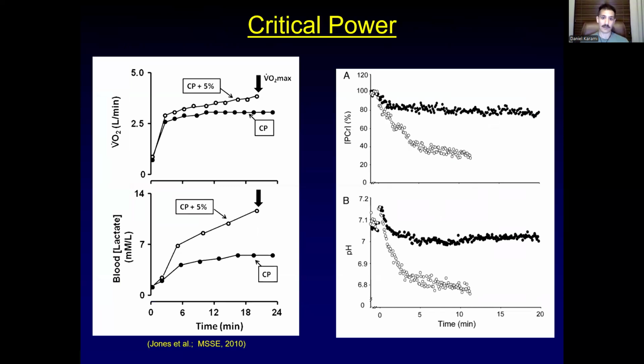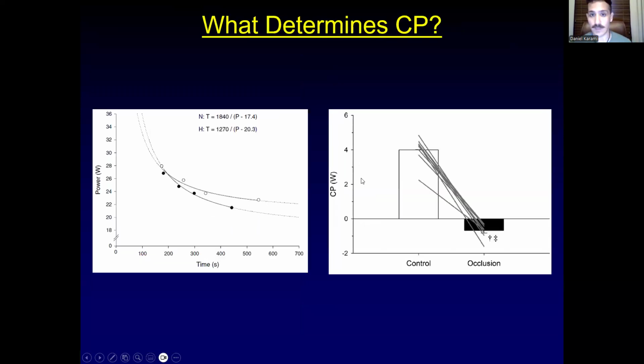But we can see that if you increase past your critical power, the amount of fatigue you have, the amount of performance that you are exerting drops off significantly, as you can see in these graphs. You increase your CP only slightly, your VO2 max hits, right? Even though you could keep going off of a longer time. Your blood lactate, even though it equals out on your CP, if you increase past that, way past that threshold,